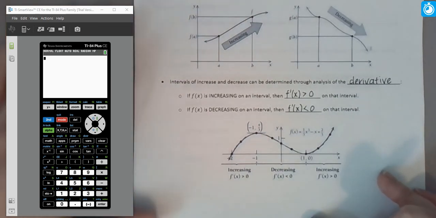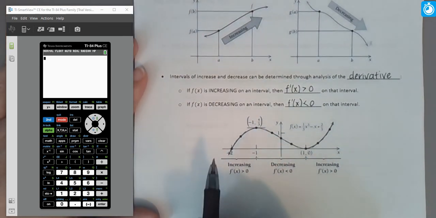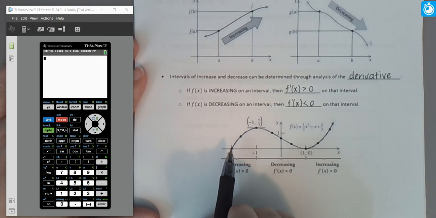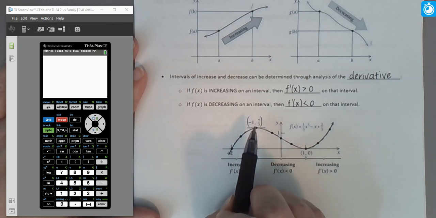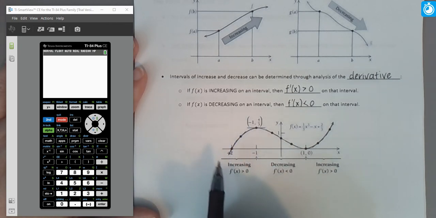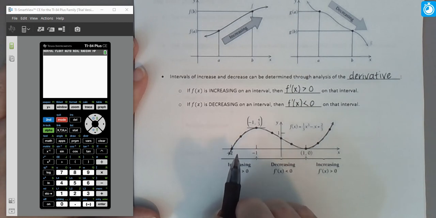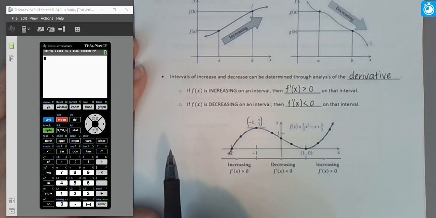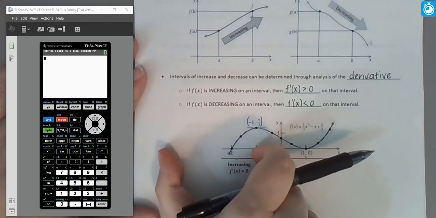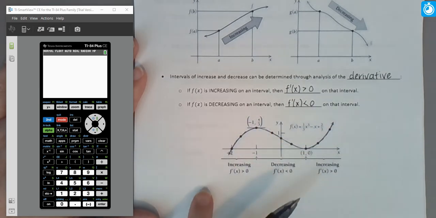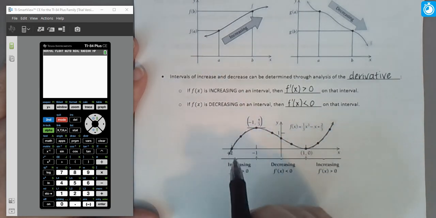So if we were to look at this particular graph, notice we have a few things going on. As we transition from, for instance, x equals -2 to x equals -1, our graph is sloped upward. So we would say that the function is increasing over that interval. And if we assume that we're just continuing in the same fashion forever and ever, then we could say that we are increasing from -infinity to -1. Over that interval of values within the domain, our graph is sloped upward. All of the tangent lines at each of those individual points would have a positive slope,